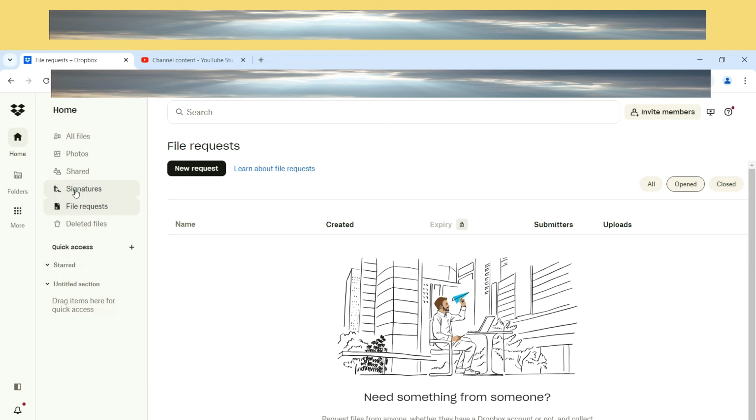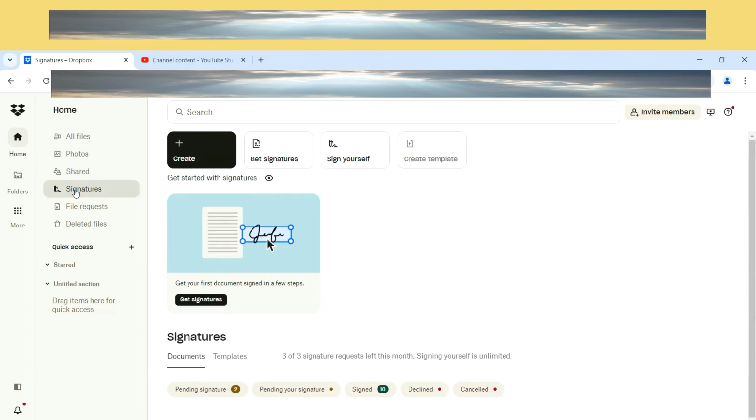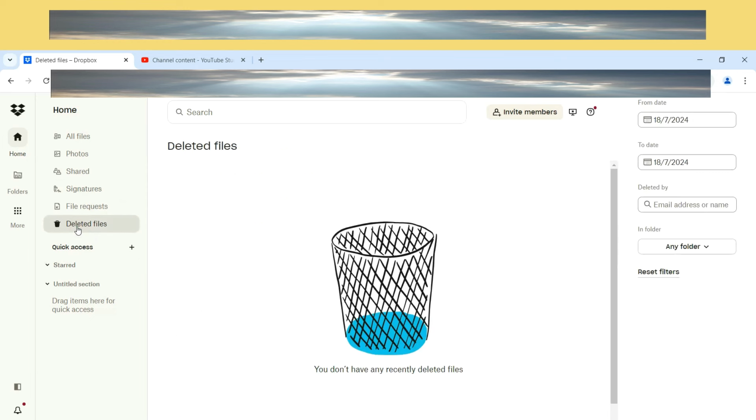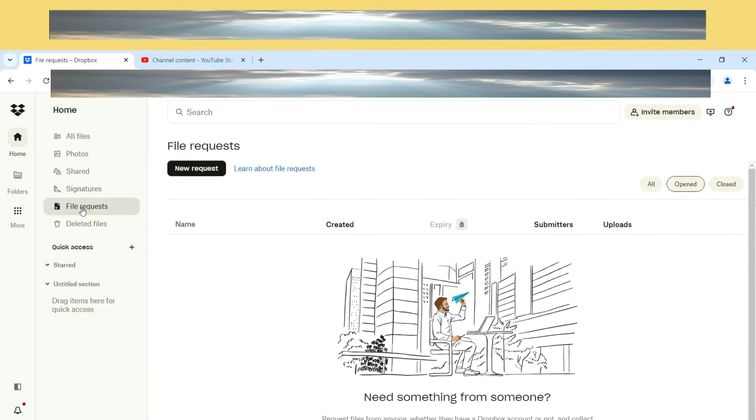So let me go quickly to some of the things that I've just mentioned. For example, signature. You can request a signature from a person, or you can sign a document yourself or create your own signature, such that when you have a document to be signed, instead of signing using your pen, you can create your own signature and sign your document digitally by using Dropbox. So that's the beauty of Dropbox. You know, as I said, you can see your deleted files, you can send file requests,